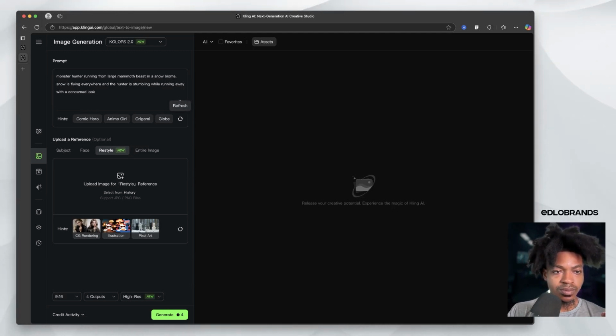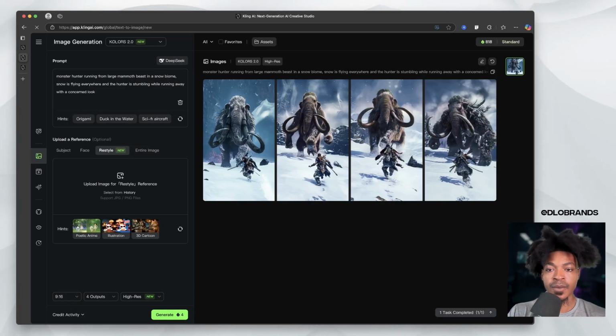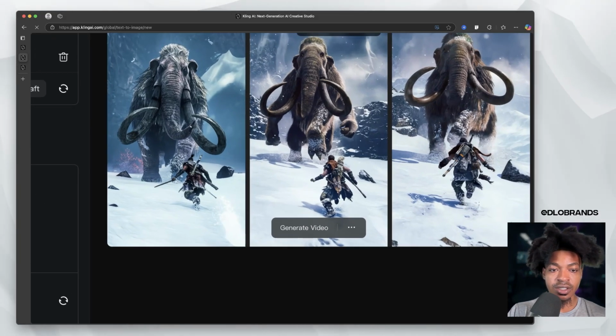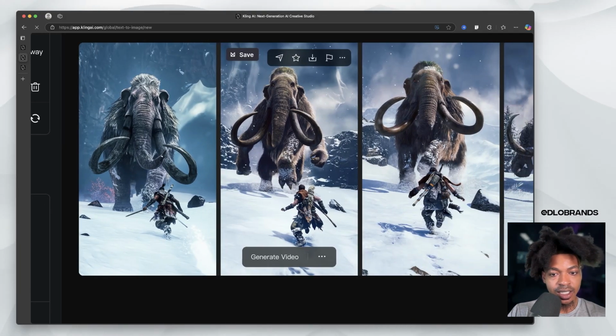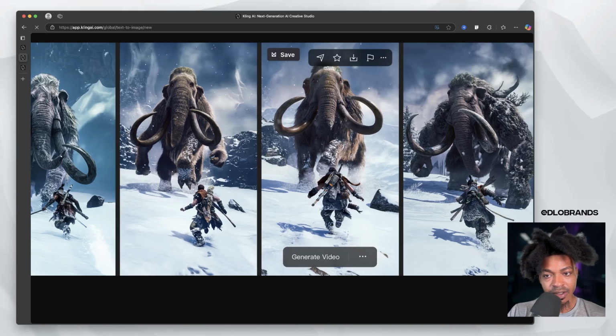So inside of this, we're going to get 4 outputs. 9:16 is going to be landscape, I believe. Let's just do 9:16. And 4 outputs, high res, and generate. All right, so our generations are completed, and it looks okay, but